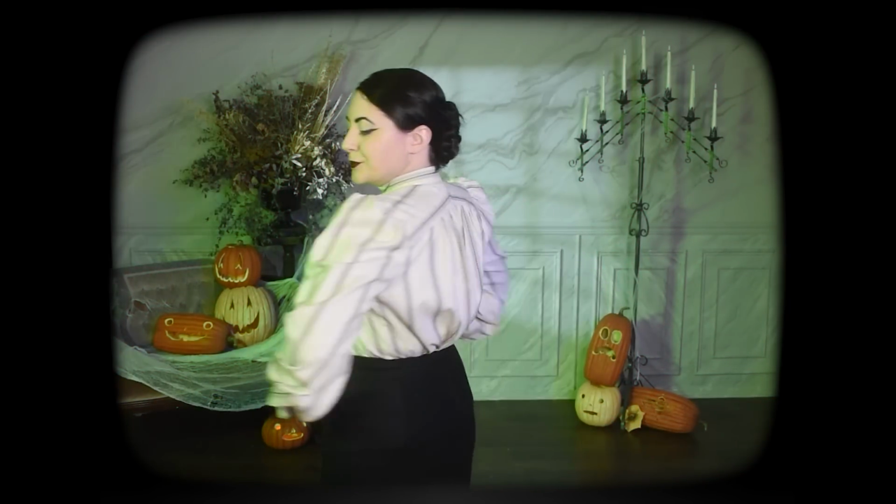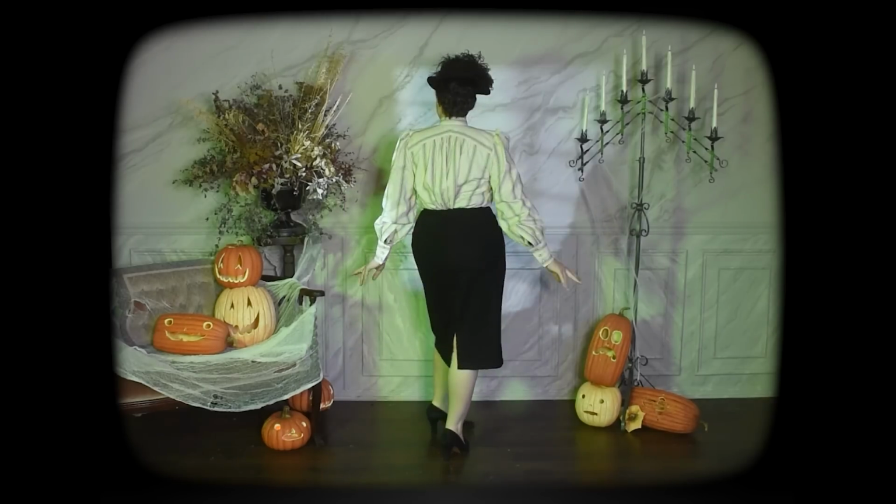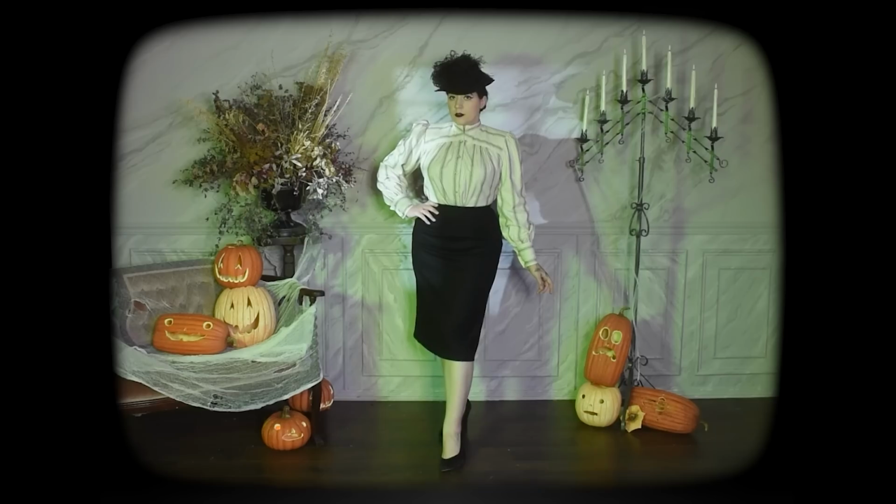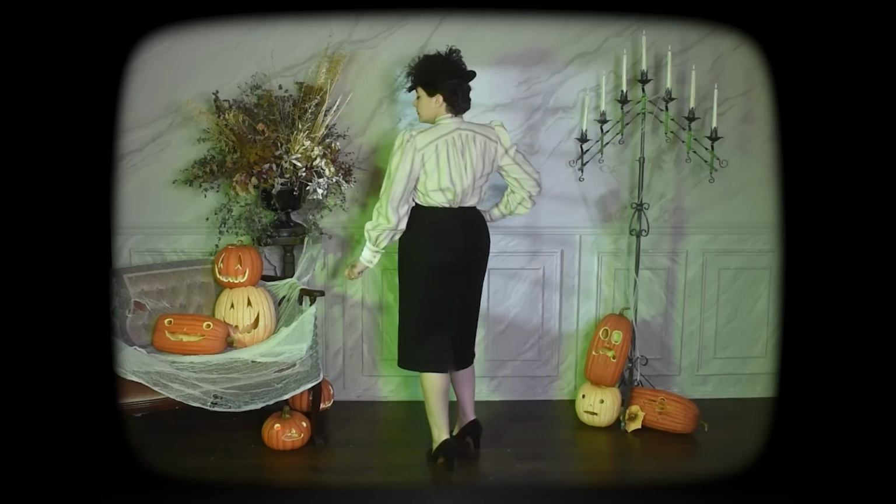Another Patreon exclusive project was this, again, 1890s inspired shirtwaist, this time in a striped cotton shirting, and this one I do want to modify as well. I would like to add a waistband onto this because this is just tucked in. The majority of the shirt is a boxy classical shirt shape, and I have it tucked in here, but